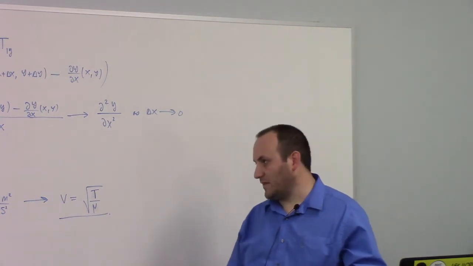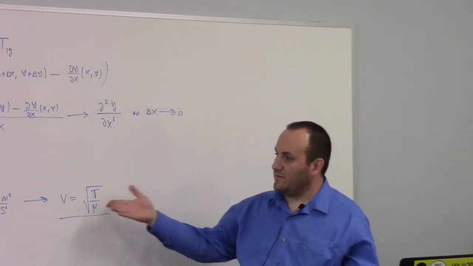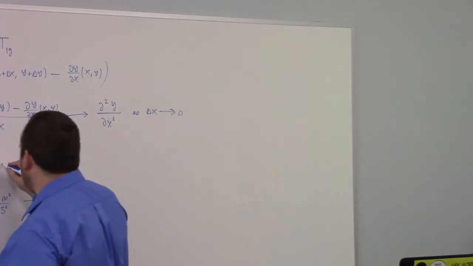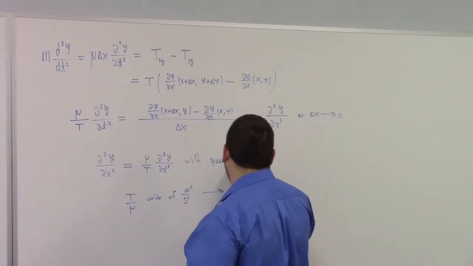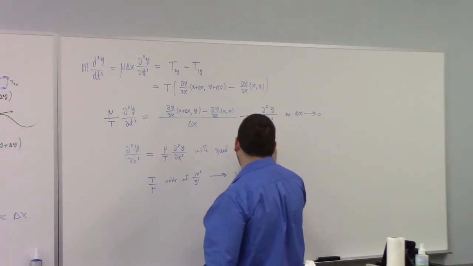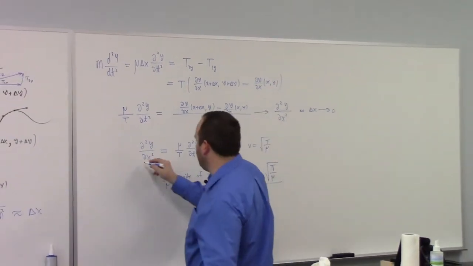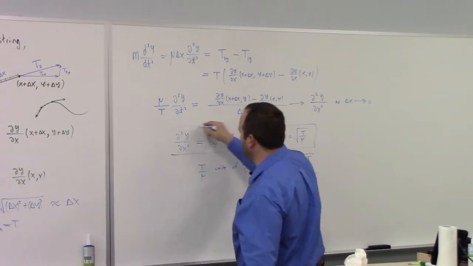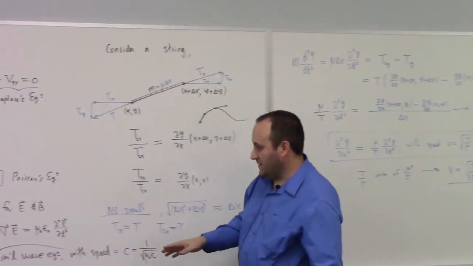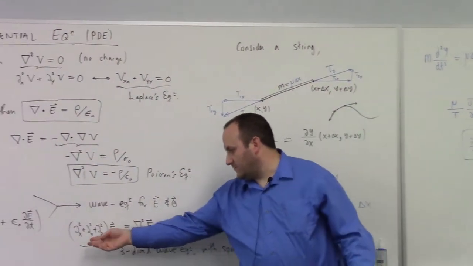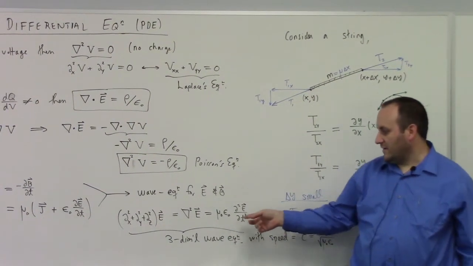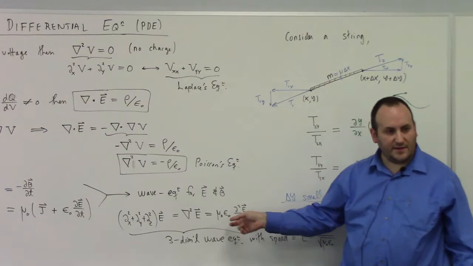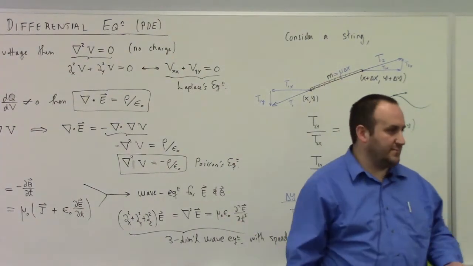All right. And this is a wave equation with speed. The speed of the wave is, again, v, which is the square root of the tension divided by the mass density, mass per unit length. This is the one-dimensional wave equation. And you can see why, if you go through calculus 3, you get a three-dimensional wave equation. And I hope you can understand why we claim that that has to do with the speed. I mean, I don't think I've completely explained it, but